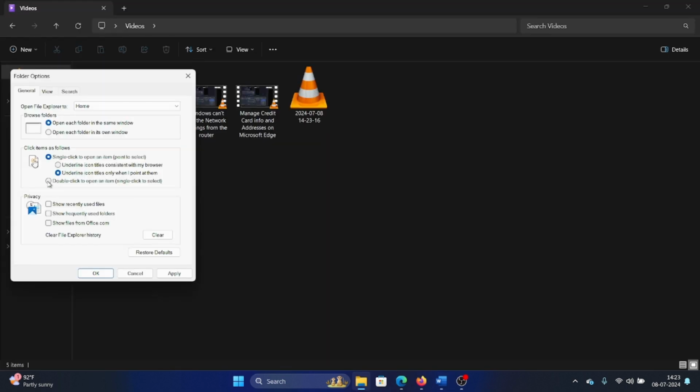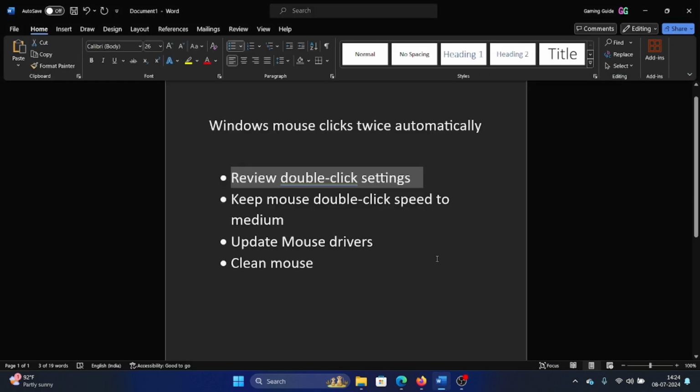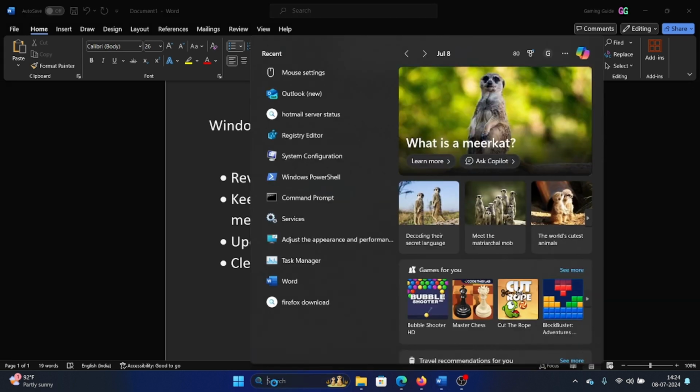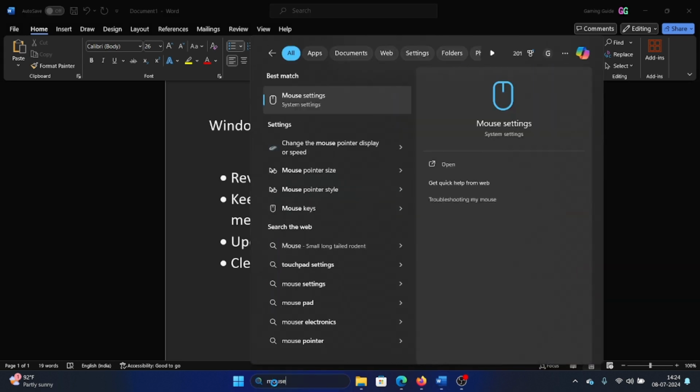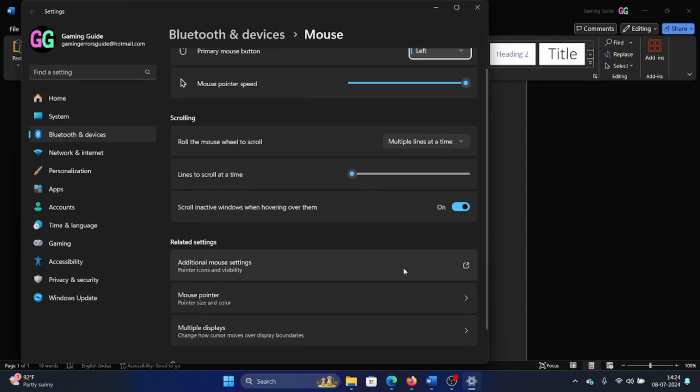So you need to make sure that it is selected at the second option, which is double click to open an item, single click to select. Okay, this will fix the problem in 90% of the cases. If not, then you need to change the mouse settings. Now I'll explain how. So search for mouse in the window search bar and open mouse settings, and then click